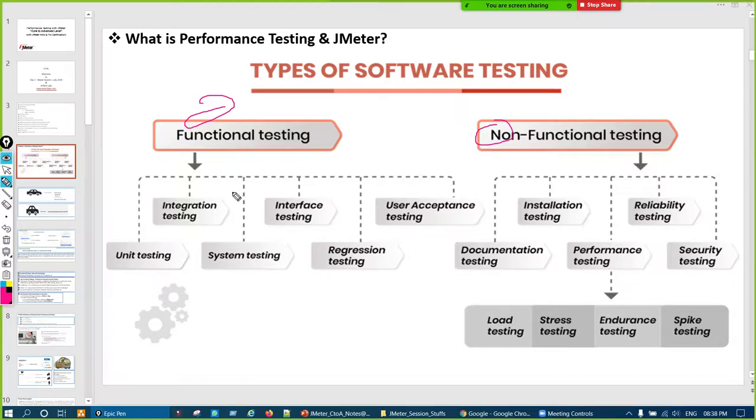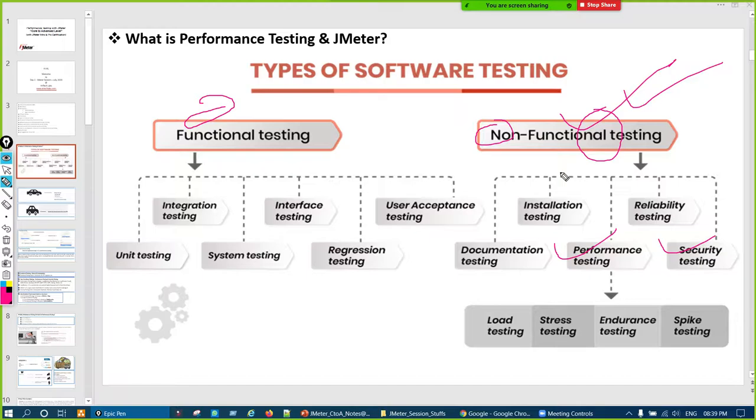In non-functional testing, we do not bother about the user interface of the application, how the application looks, and other things. In that, two things are there: performance testing and security testing. Now in non-functional testing, what we see is the response time of any transaction, meaning user action.